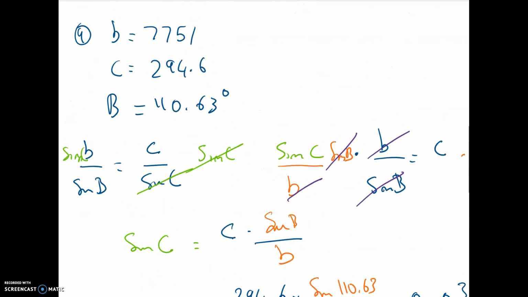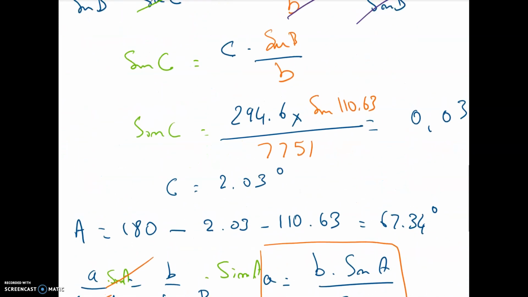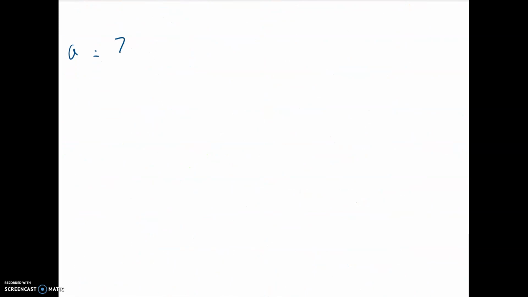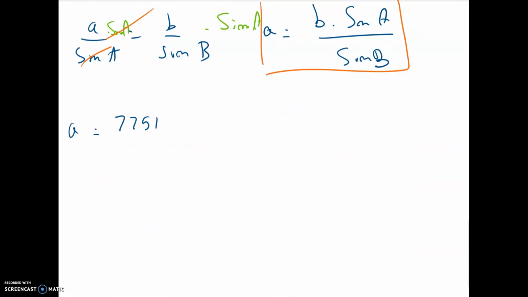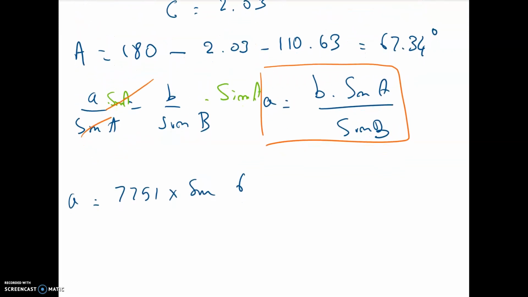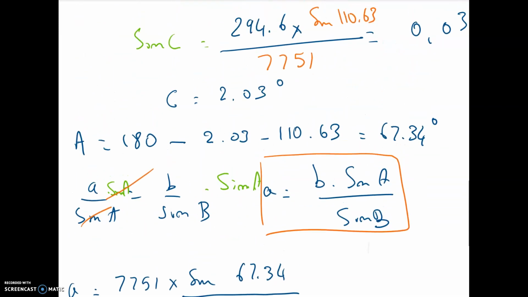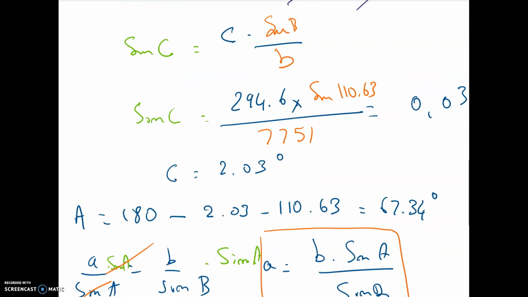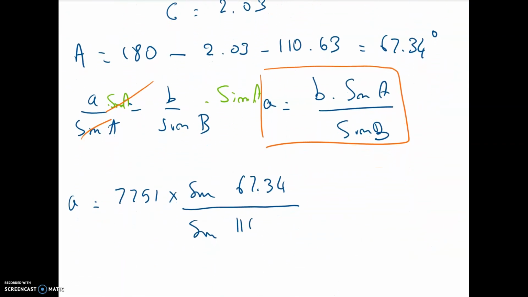B, we said, was 7,751. So 7,751 multiplied by the sine of 60, we said the angle A was 67.34, divided by the sine of the angle B, and we know that B is 110.63. And so that gives us A equal to